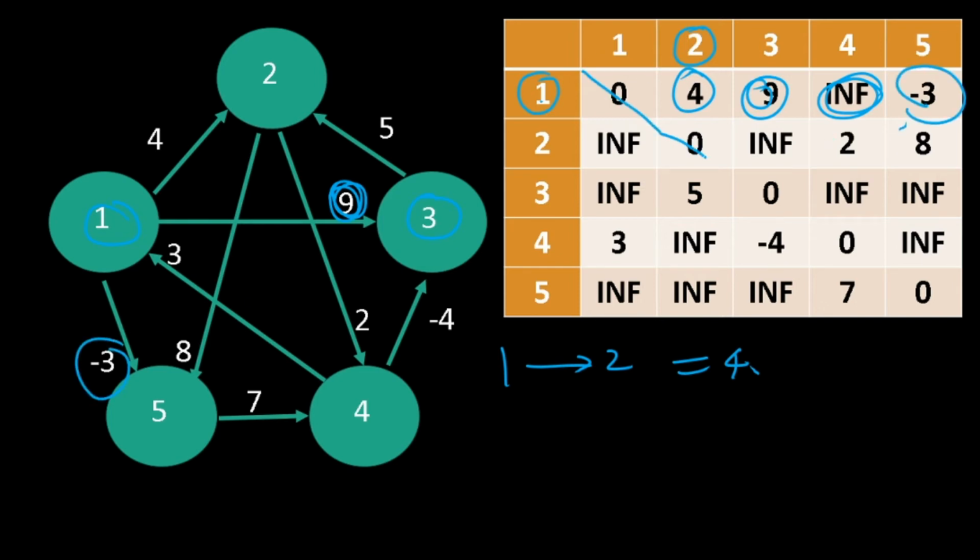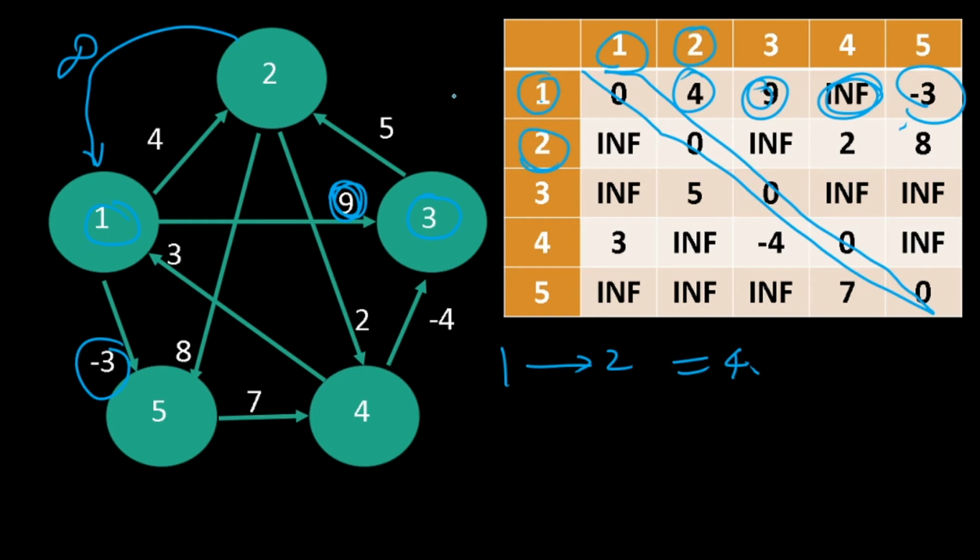We don't worry about this center space. I've already explained why we don't visit the same node twice. We are not dealing with cycles here. Now we can, but in this case we are not. Now 2 is not connected to 1. There is no connection between 2 and 1, so I might as well say there is a connection with infinite weight. 2 is not connected to 3. There is no connection between 2 and 3, so I can assume that there is a road with infinite weight. 2 is connected to 4, and the weight is 2. 2 to 4 is 2.